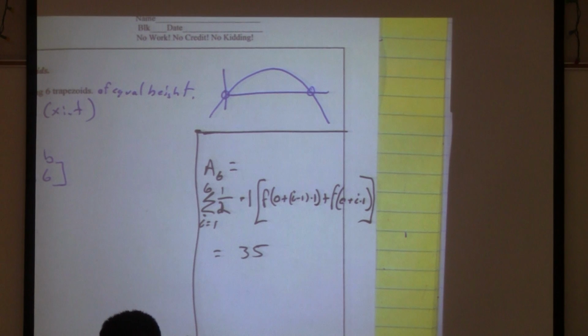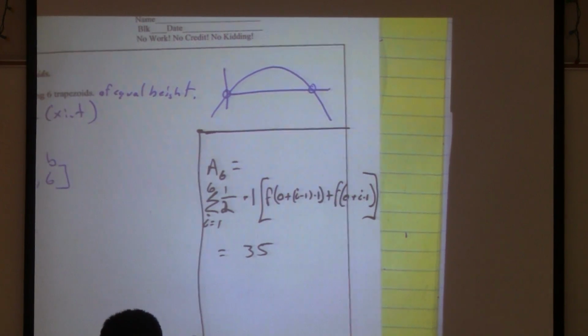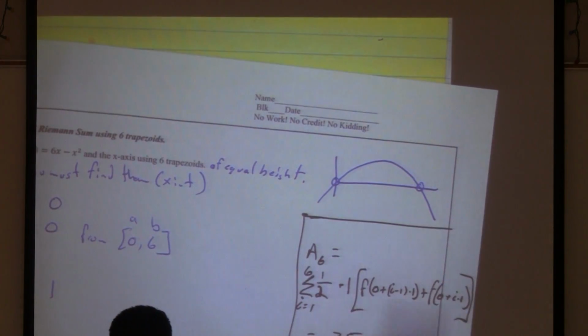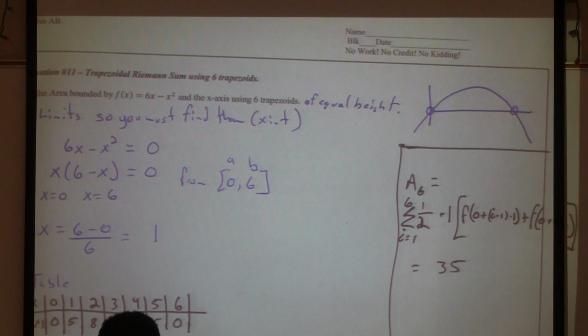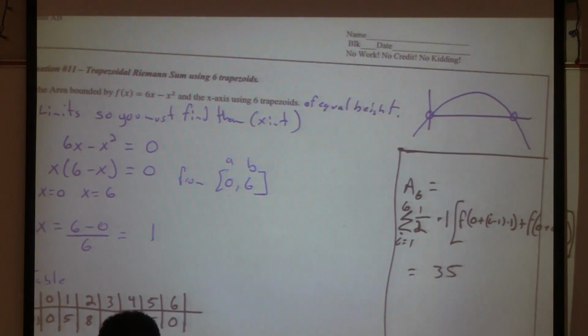Kindergarten stuff? Got it? So this one's a little challenging to type in. So you gotta be careful, right? Make sure you don't mess that up. Ultimately, remember that it's the left Riemann sum plus the right Riemann sum divided by 2. Good? Your assignment is 5 problems. 2 of them